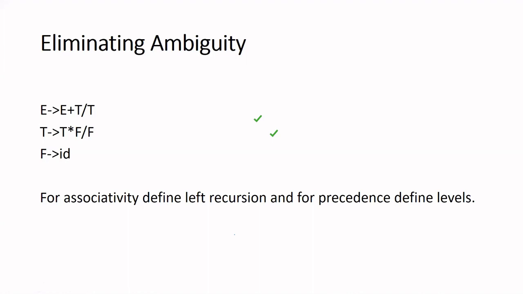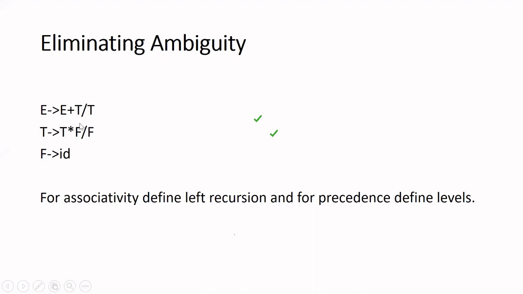Okay, so when you change the grammar to a left recursive grammar, what happens? You can take a paper and parse this grammar and check: E derives E plus T will grow only on the left hand side. It will grow only on the left hand side first, and only then can you reduce the right hand side symbols. So if you come across operators with the same precedence, the parse tree grows only on the left hand side.